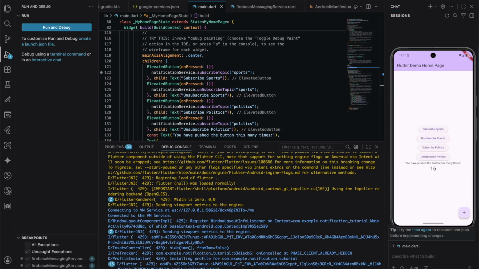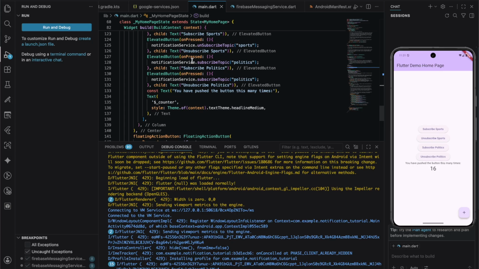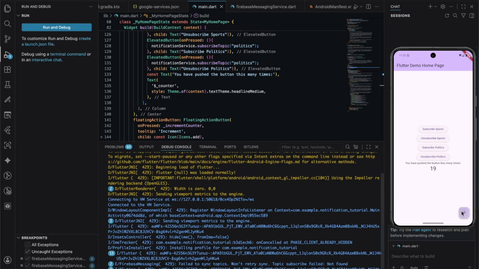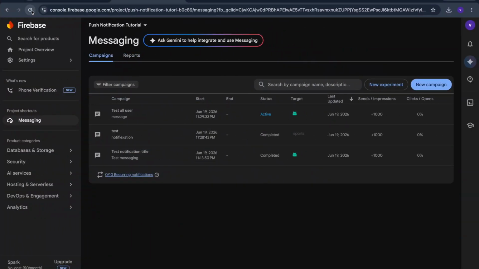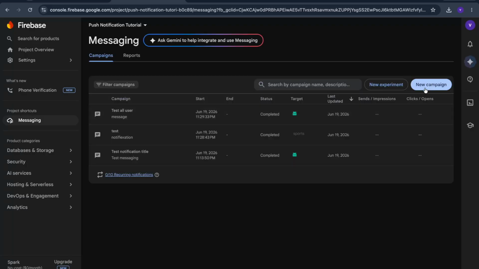I think there is some issue from the Firebase side right now, but if you proceed with the same steps I have shown you here, this should work. If this doesn't work, do let me know in comment so even I can verify it on my end. Why is it not working? I think right now there is some Firebase issue, because we are unable to even send the notification as well,